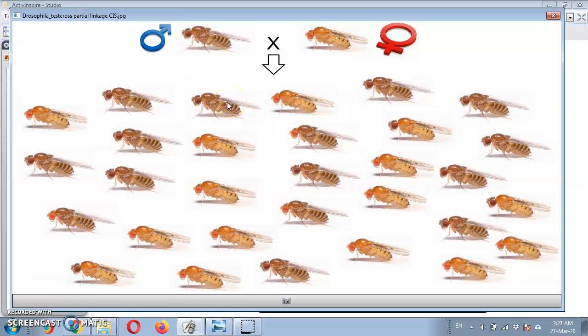And the other 12 Drosophila will have the genotype of the birecessive parent. While the two low, which are the results of recombination, which is an intrachromosomic recombination,